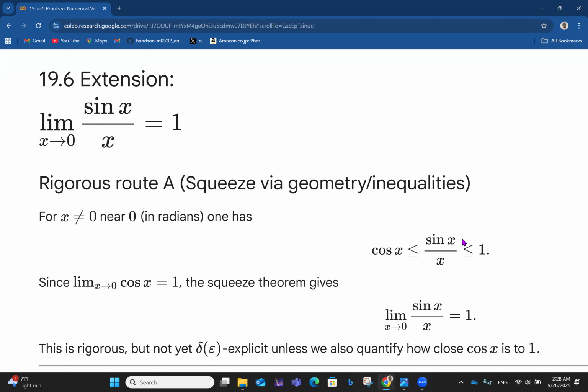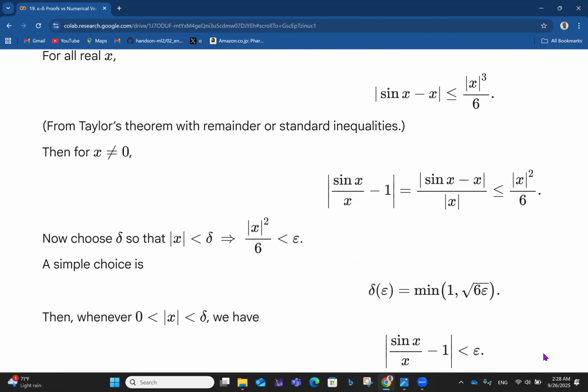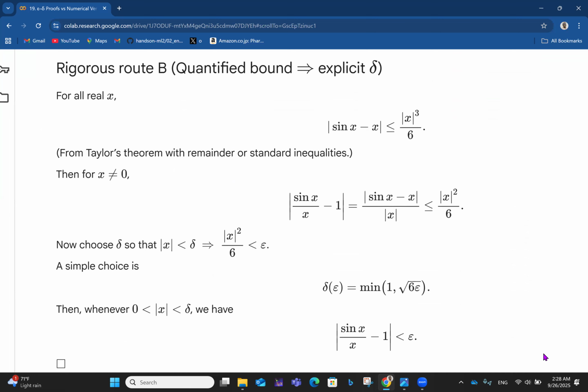But because this one is sandwiched in between here, we can say this is rigorous, but not yet delta-epsilon explicit, unless we also quantify how close cos x is to 1. So another rigorous route we can take is what we have here as b. So we have rigorous route b, which is quantified. We have a quantified bound, which implies an explicit delta. So for all real x, we can say the absolute value of sine x over x is less than or equal to,